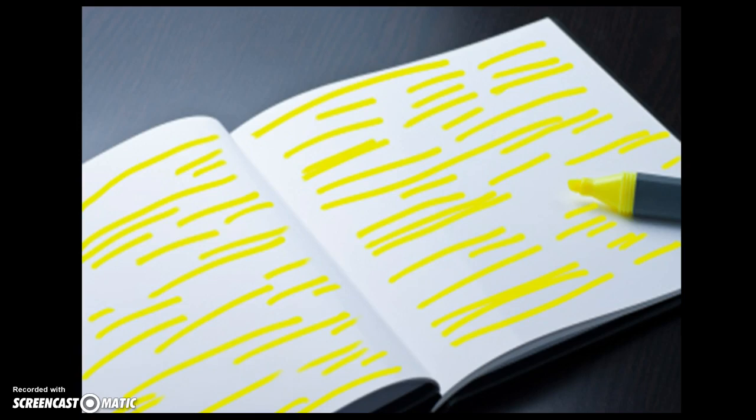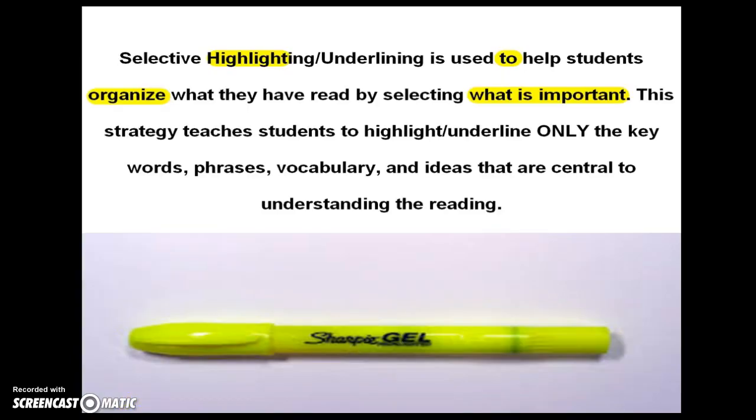So the last piece I'd like to talk about is highlighting. Could you please pause this video for a second, and I want you to read just the yellow highlighted words. So now you've read the yellow words. Now I'd like you to pause it again and read all of the black words. So now that you've read both, my question to you is, did the yellow capture all of the black words?